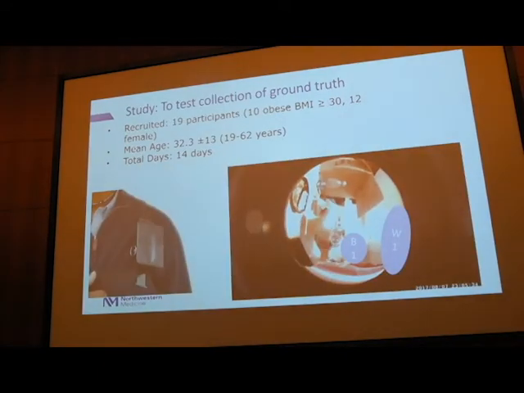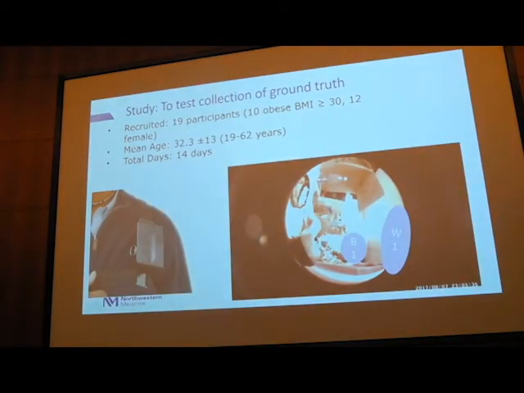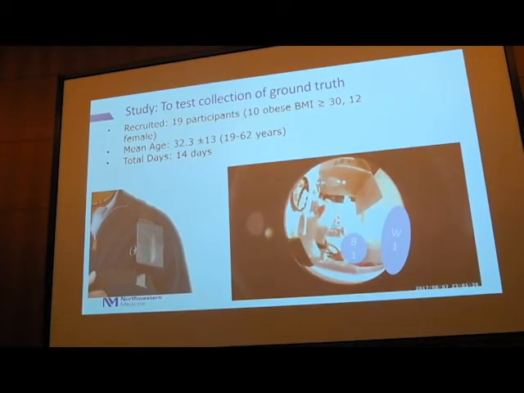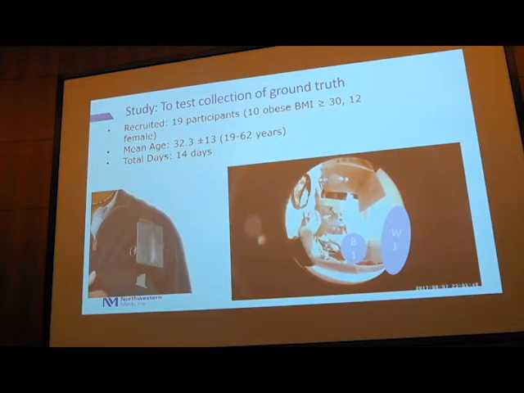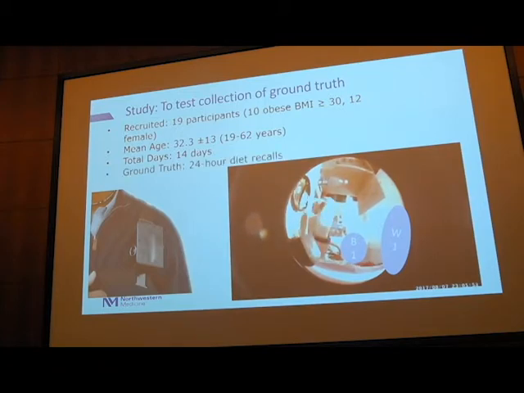So again, to test the collection of the ground truth camera, this was what we could see. Here's a person talking to a bystander, this is the wearer, there's another bystander, and we can see the bites and potentially what they're eating. Now, when I combine this with 24-hour dietary recall, I can get greater accuracy of the meals. I can see what was missed by the dietitian, and also what was missed by the camera potentially. Combining these two sources was very